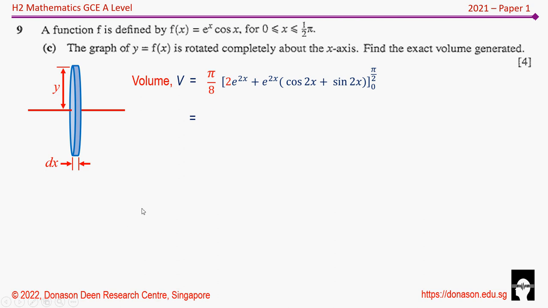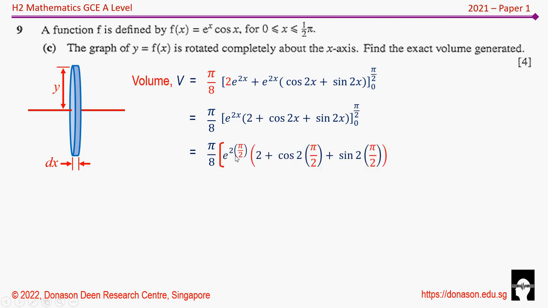Now the next step would be to simplify this. We have a 2 e to the power of 2x, and here also we have an e to the power of 2x. So I'm taking out the e to the power of 2x from both, so that the 2 is brought into the bracket. So 2 plus cosine 2x plus sine 2x, pi over 2 to 0. So now we can start to substitute the pi over 2. So pi over 8, e to the power of twice of pi over 2 is simply going to become e to the power of pi, 2 times pi over 2,